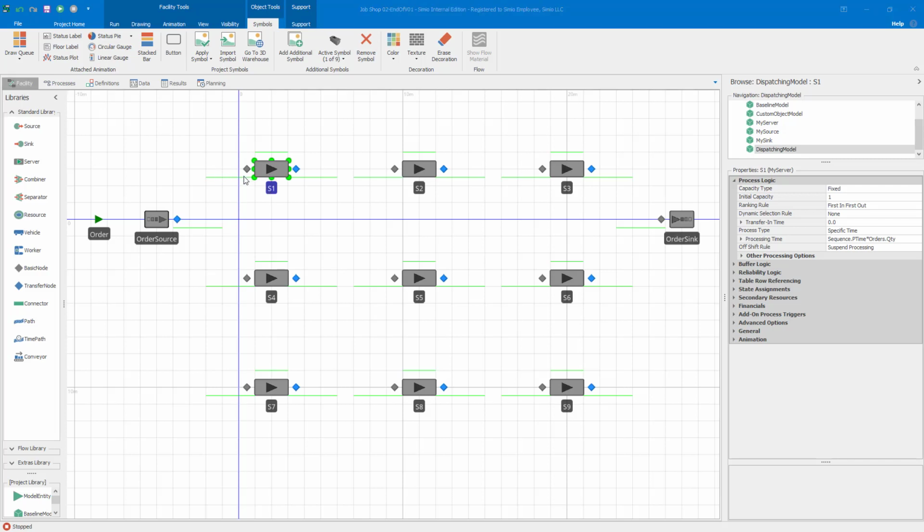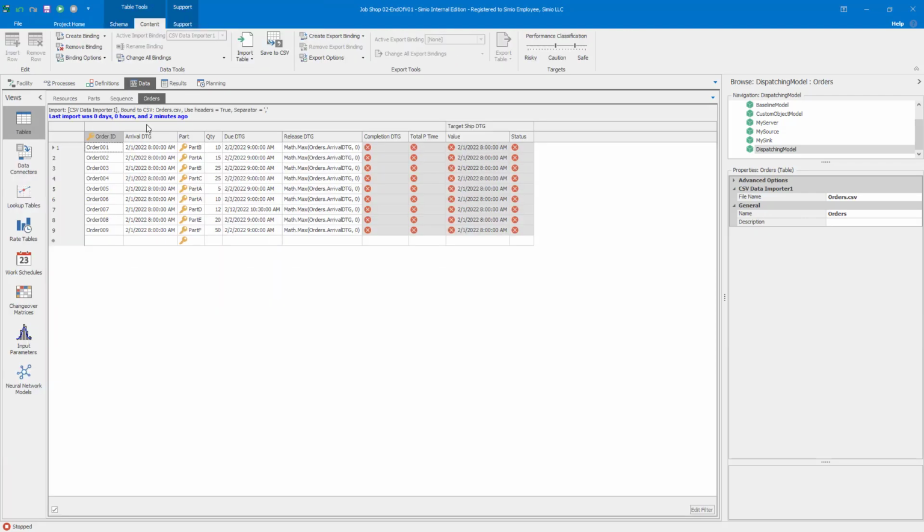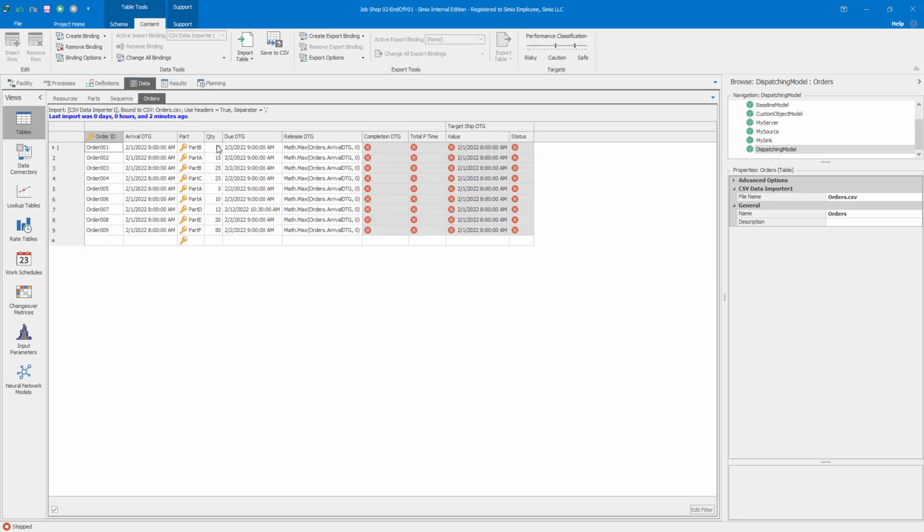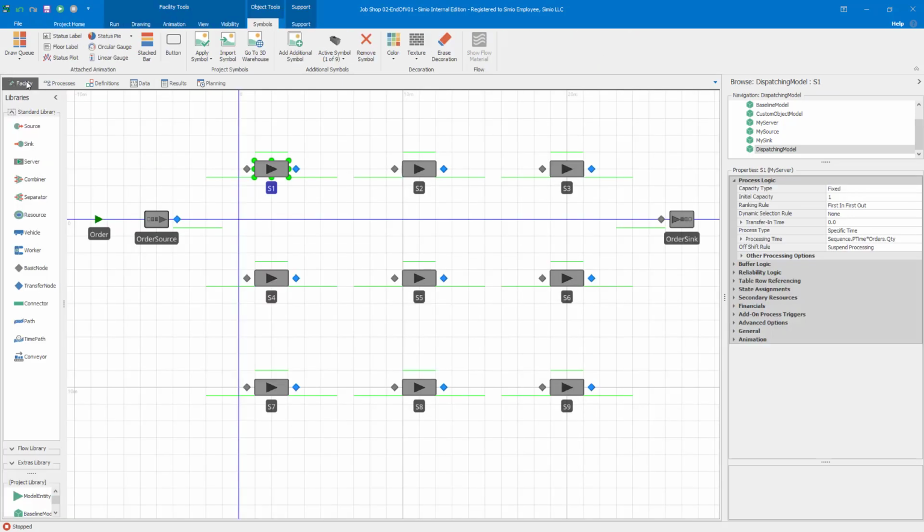So when I have a queue of orders here, the question is, well, what is the processing time? We go back to our data and note that for the order, we have a quantity of a particular part. And when we look at the part, we have the processing time. So this is the processing time for one part. If I want to know the processing time for an order, I simply multiply the total processing time for the part by the quantity in the order, and that will give me the total processing time on that station. So I'm going to go to my ranking rule here,